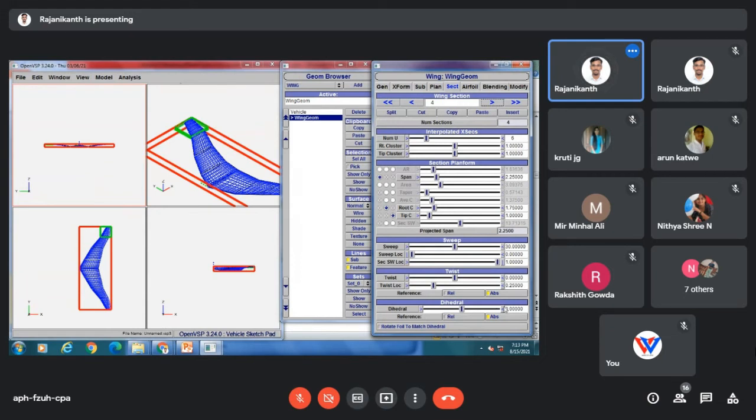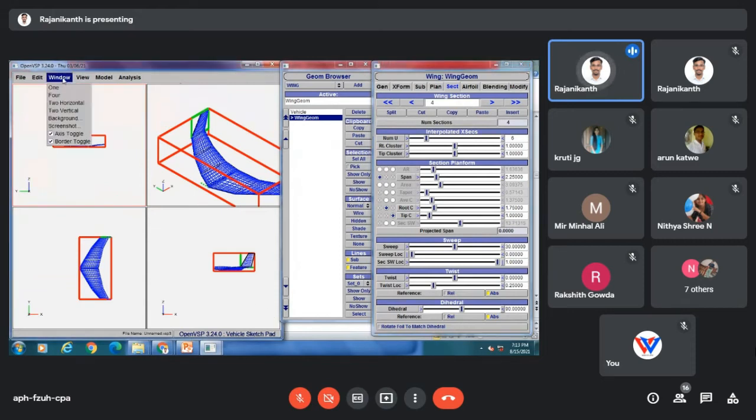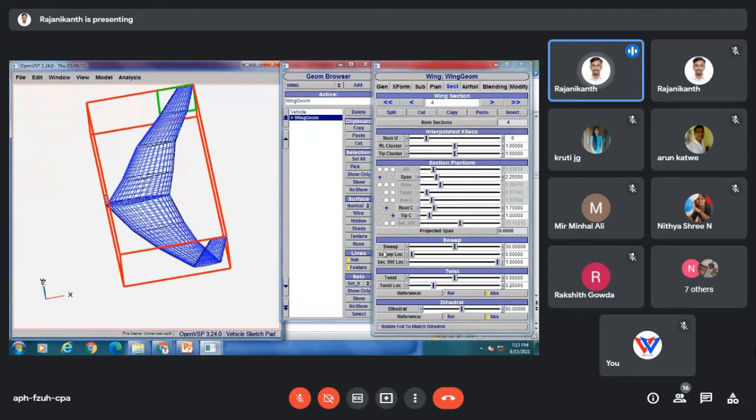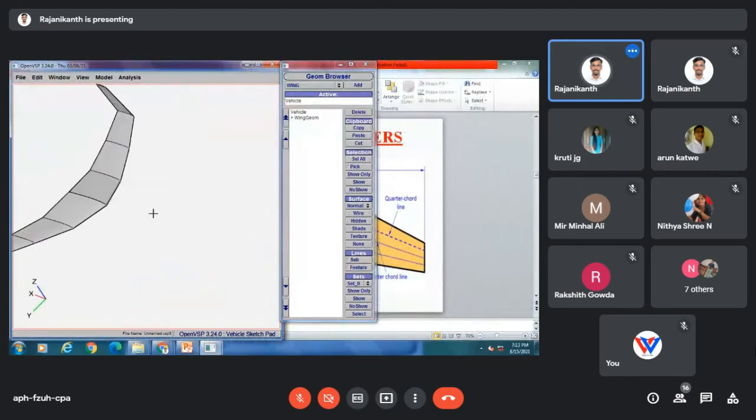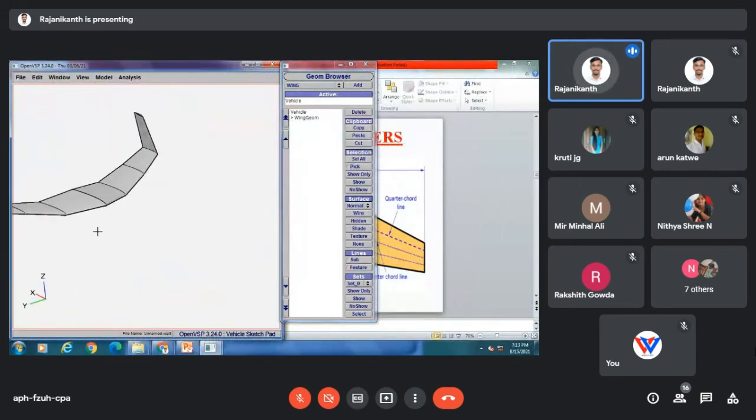And we'll come to the last section, the fourth wing section, and this one will maintain 90 degrees. And now we will use one window and shade this one. See, the wing shape is completely different.